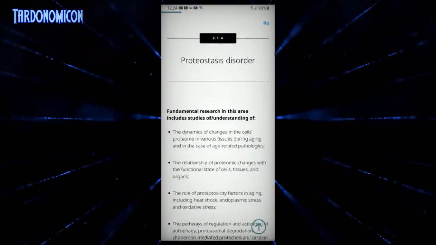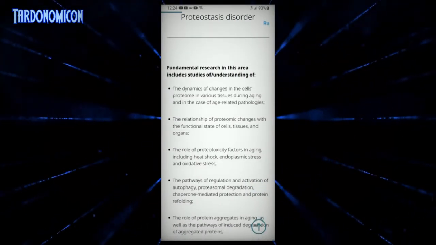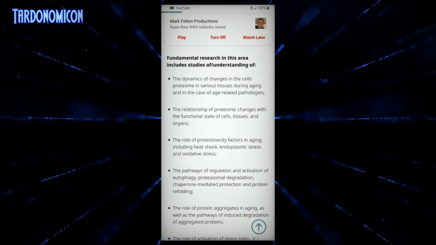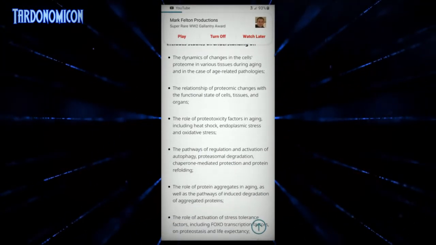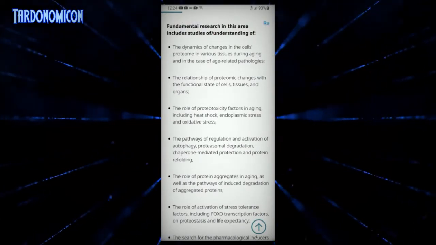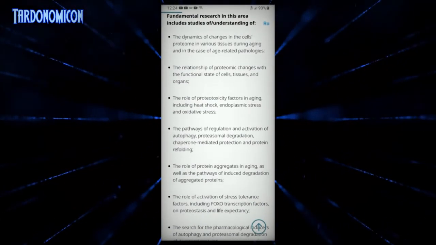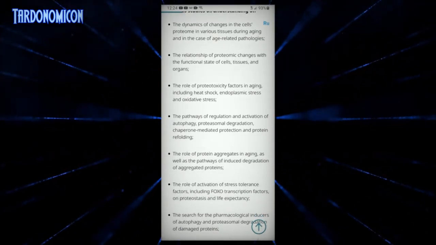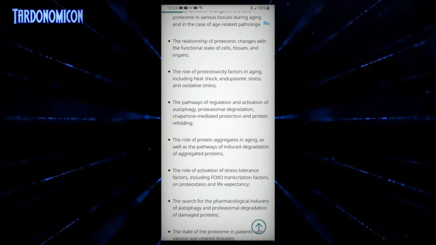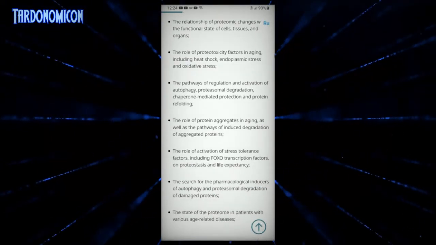Proteostasis disorder, fundamental research in this are the dynamics and changes of the cells, the proteome, in various tissues during aging, and the case of age-related pathologies, the relationship of proteomic changes, meaning changes in the cells, the functional state of cells, tissues, and organs, the role of proteotoxicity factors in aging, including heat shock, endoplasmic stress, and oxidative stress,